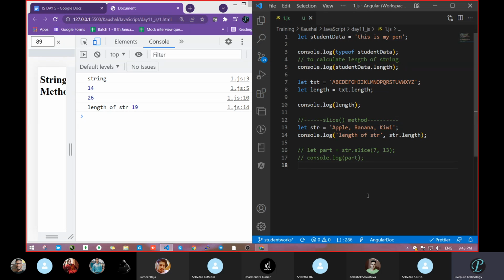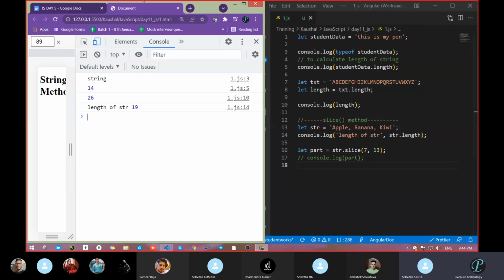Okay. So now we're going to check the string slice method. Uncomment this. Now tell me, did we get the output? No, sir, because we had not displayed it. The output came and it worked, but where?